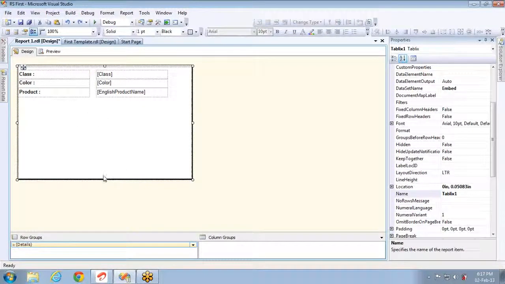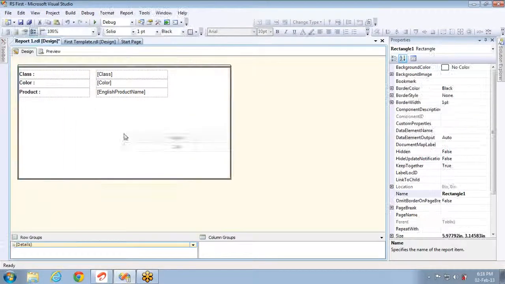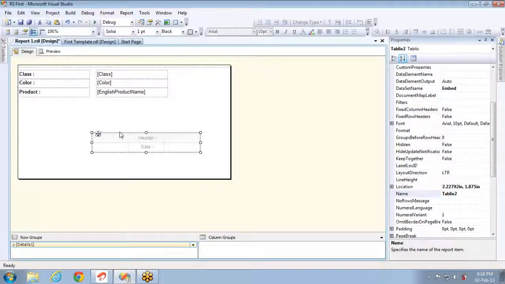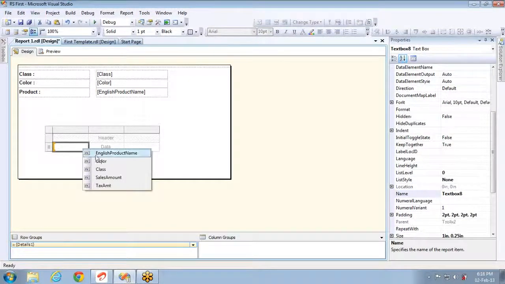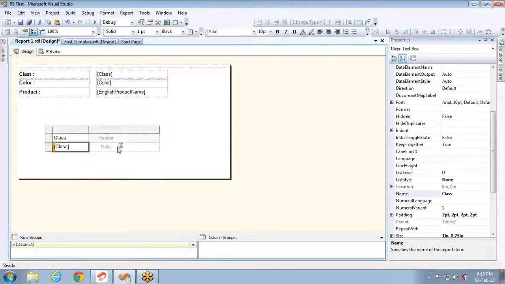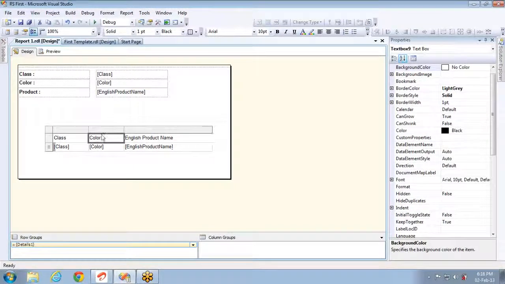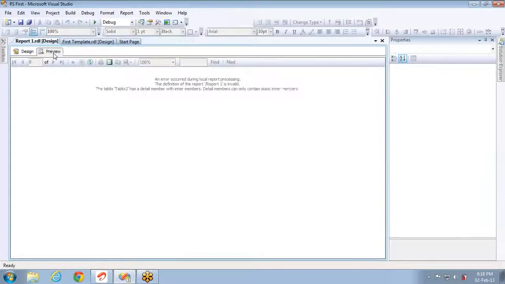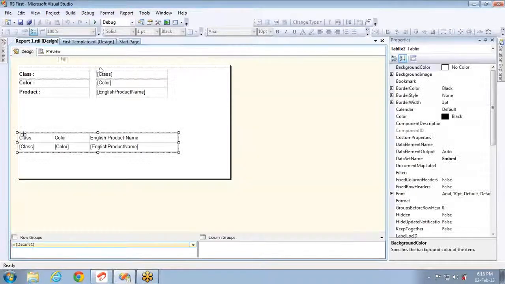You can place any control here, and now let's see what will happen if I place a text box. If I place a table, I selected a table here, and in that I'm taking class, color and English product name. I'll give more space for this and align it to the left. Now if I see the preview, the problem here is that this one has detail members.